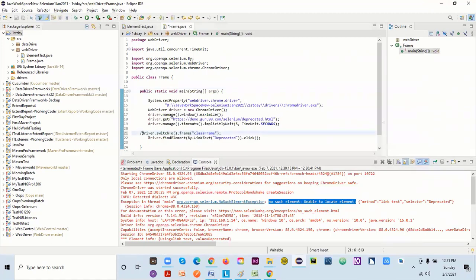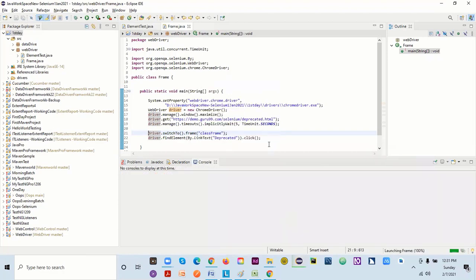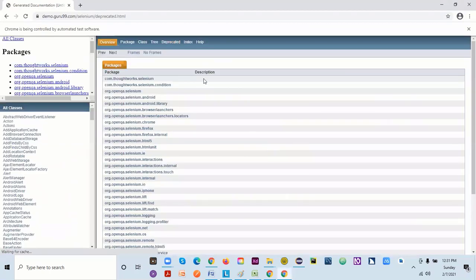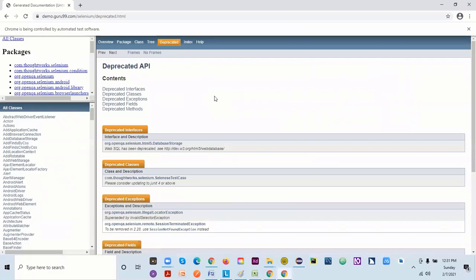If I uncomment this and try again, now we are going to the third frame. Let's try this. We click on this, it's clicked. See, something is happening there, it opened.